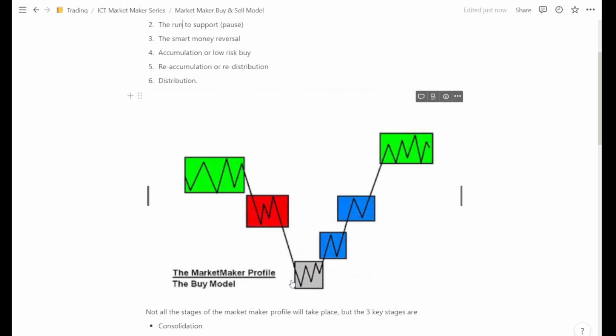Okay, so if DXY makes a lower low, normally you would expect that, I mean, if DXY makes a lower low, normally you would expect that this should make a higher high. So if it makes a lower low, then that tells you that that is an SMT, and you begin to anticipate this model completely playing out. Okay, so